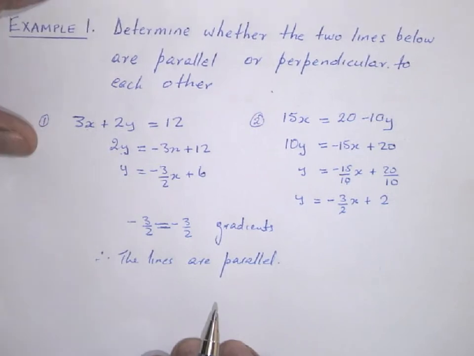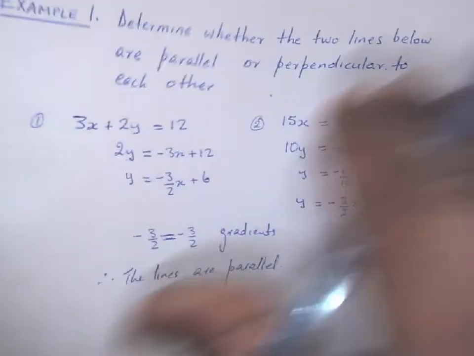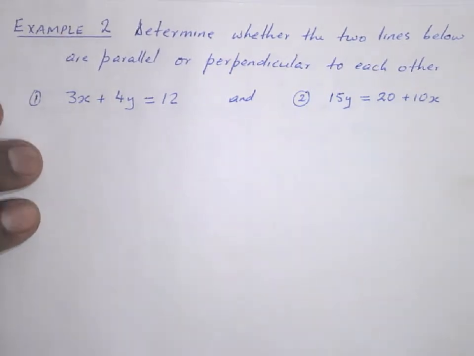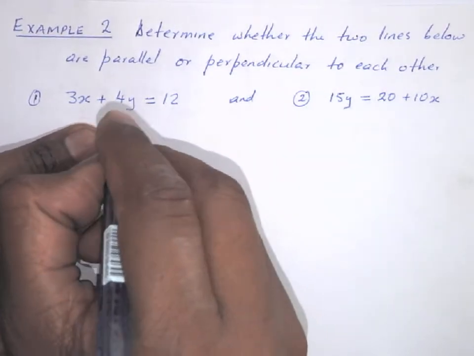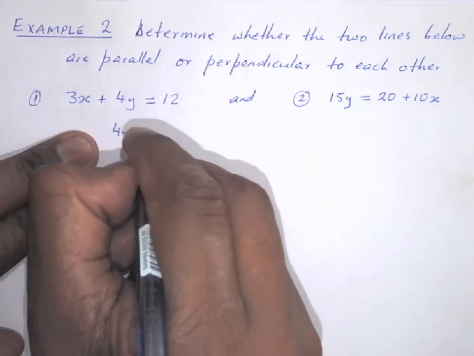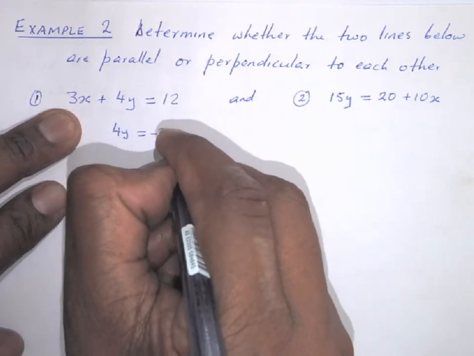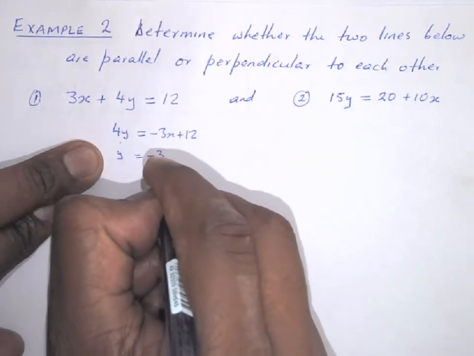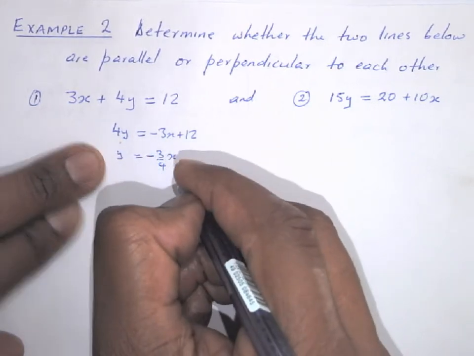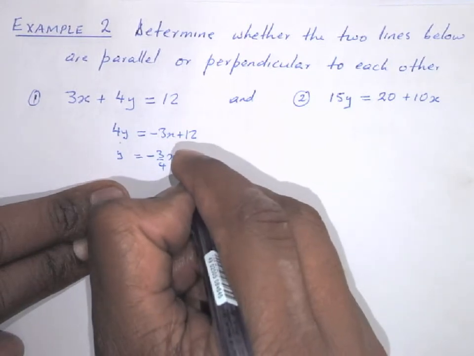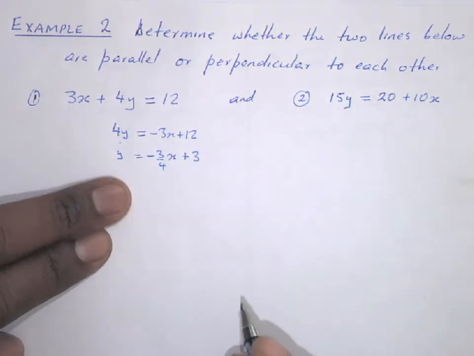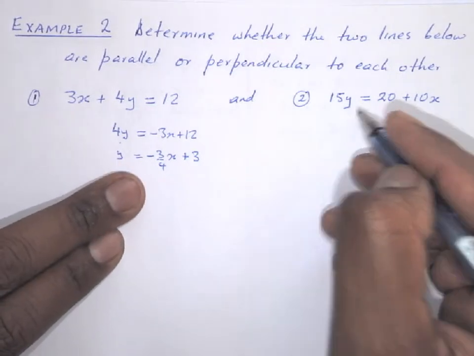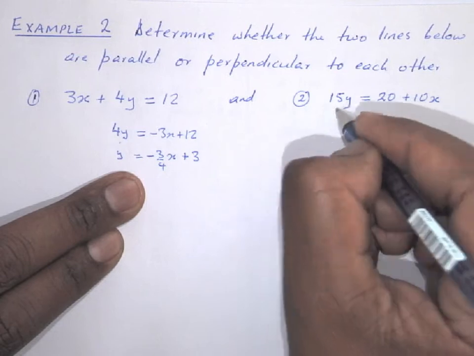Let's look at another example. Here's a nice example. It says determine whether the two lines below are parallel or perpendicular. A similar situation. Let's check here. Write in standard form. So it's 4y is equal to, take this across, -3x plus 12. Divide by 4. y is equal to -3 over 4 x, then plus 3. If I take this one here, I divide here,